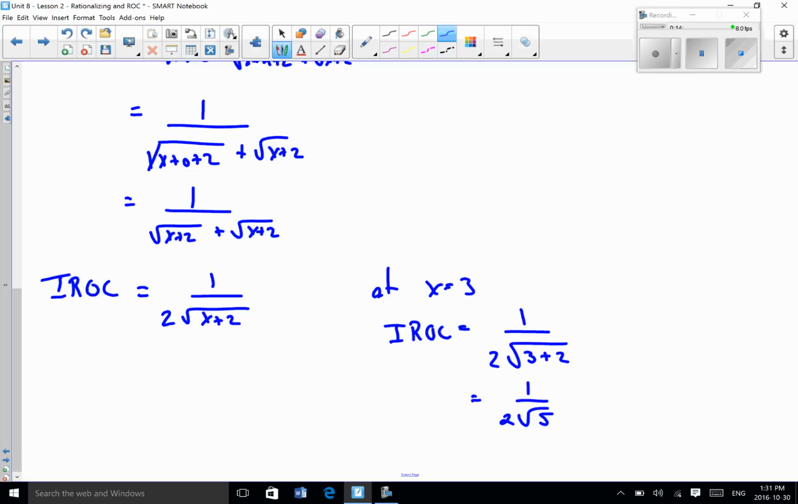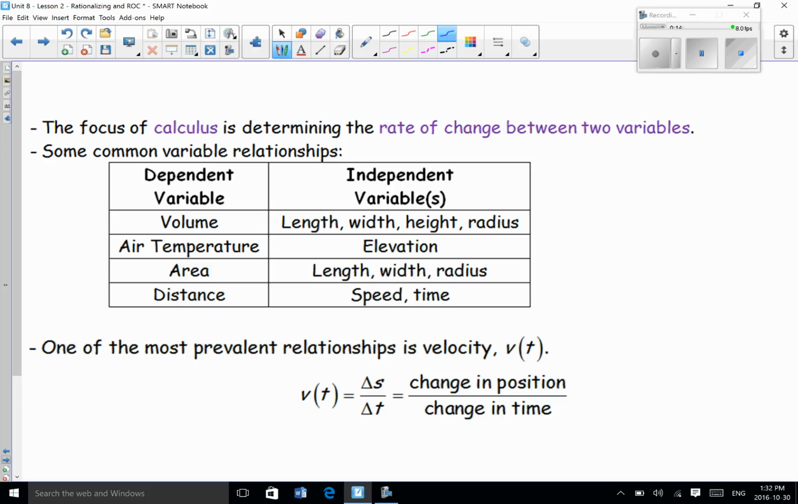Okay, some more building blocks for calculus. So we're going to deal with word problems in this course, obviously, and how we can apply this information. The general idea of calculus is how does IROC work, the rate of change between two variables. But it doesn't always have to be just rate of change. Sometimes we're going to think about some